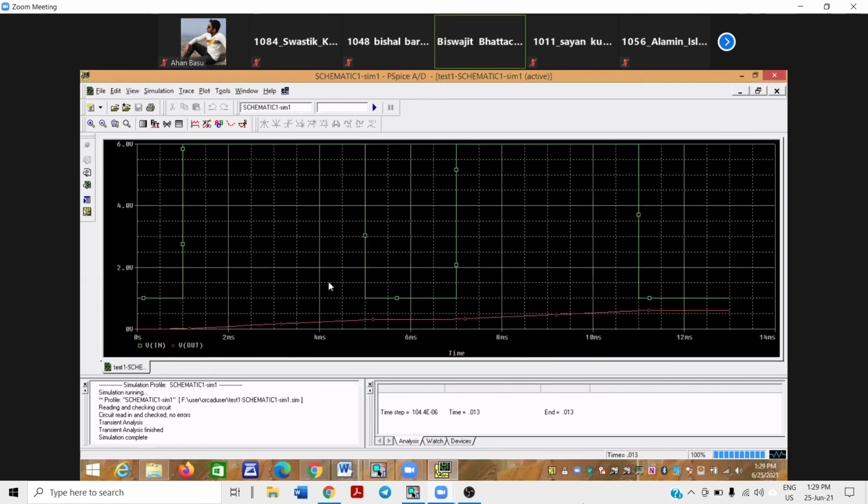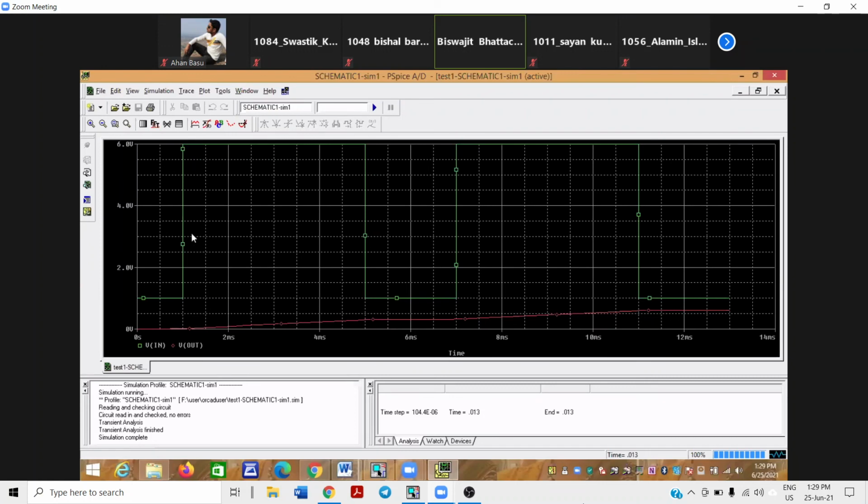You see some output. The green waveform is the pulse. So how long is the pulse? You see a delay time of 1 millisecond. You see 6, 4, 2. So 1 millisecond is the delay. Clear?